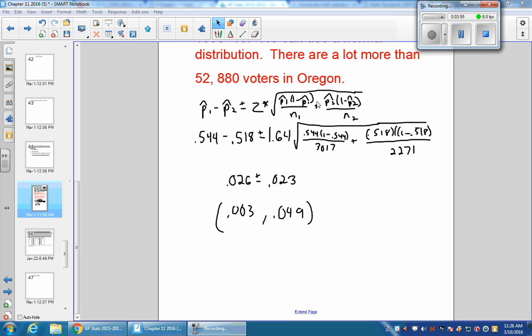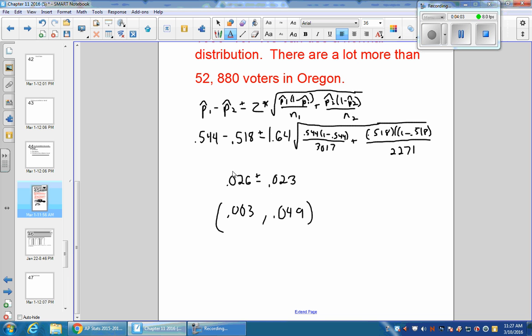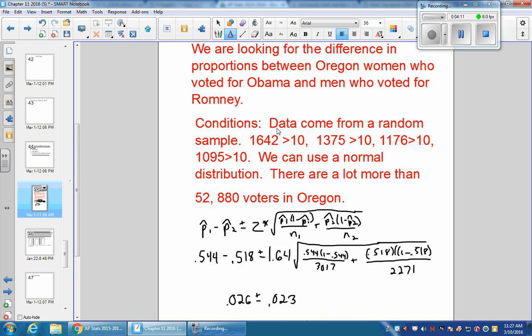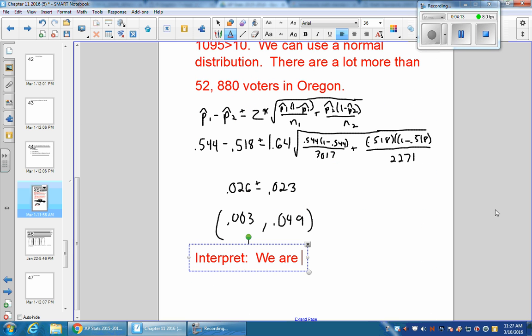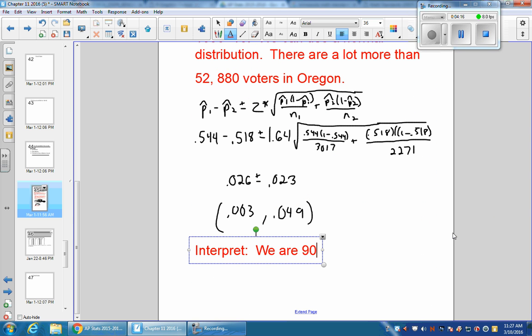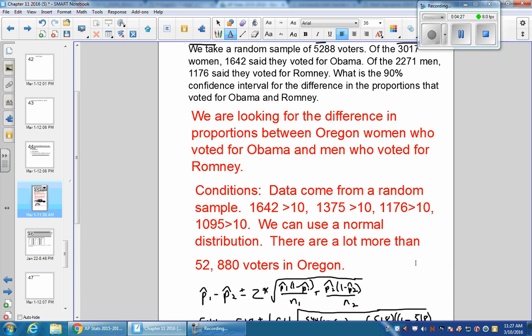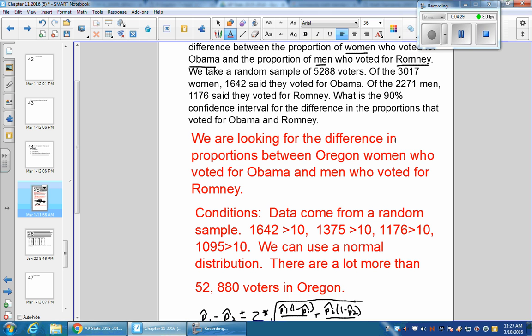So since we did this on the previous page, I just copied and pasted it over here so you can see what we would like in there. And so now we just have to interpret. We say, is this 95% confident or 90% confident? So we'd say we are 90% confident that the true, or, now this one we go back to this, that the true difference in proportions,